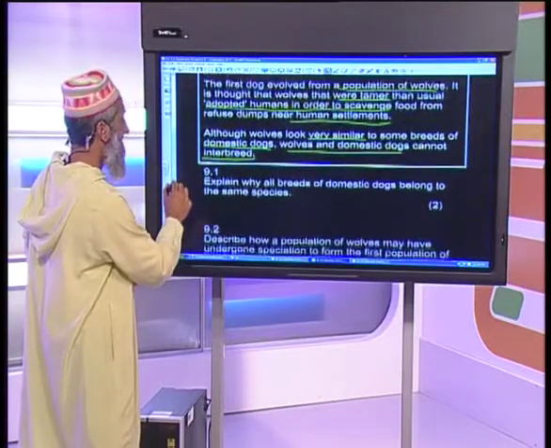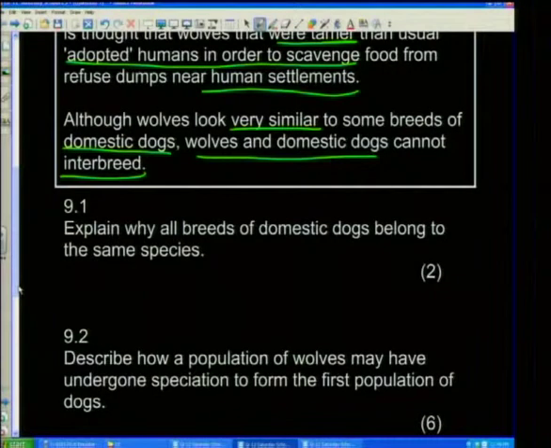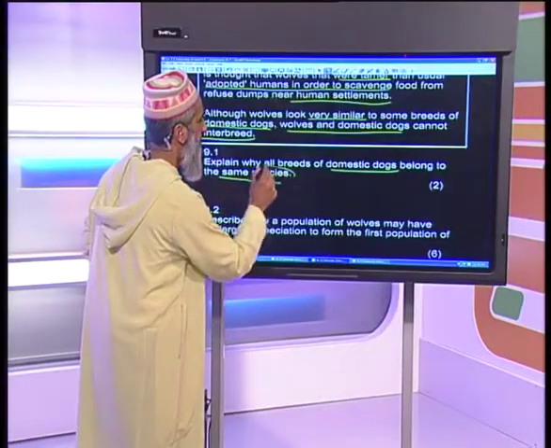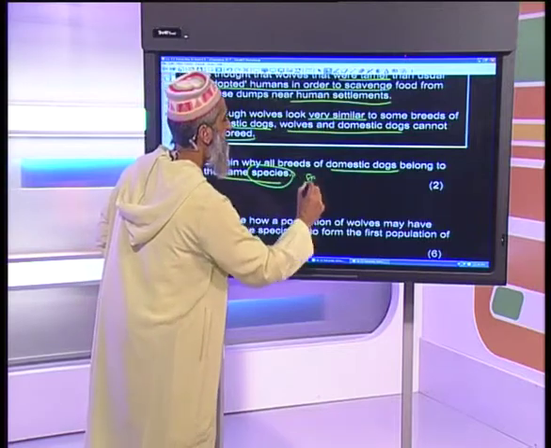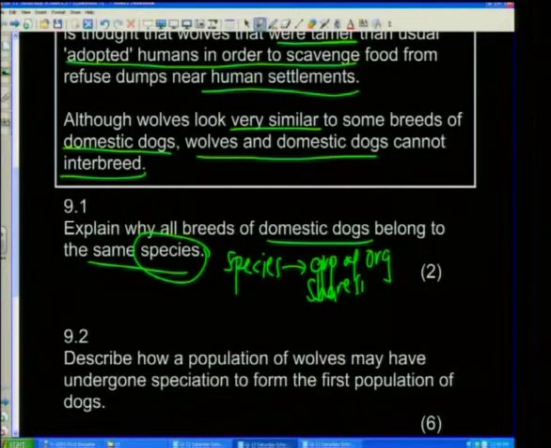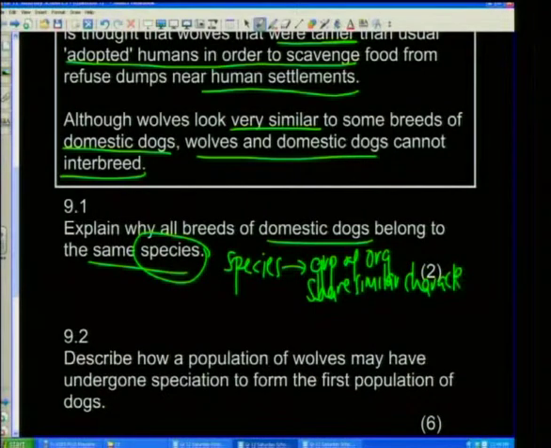Let's move on. It says, explain why all breeds of domestic dogs belong to the same species. Now, where does this question come from? It comes from your knowledge of species. What is a species? A species is a group of organisms that share similar characteristics and